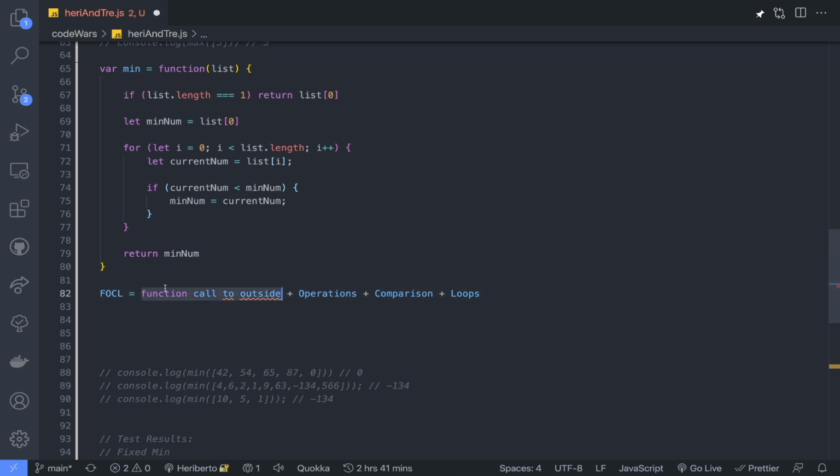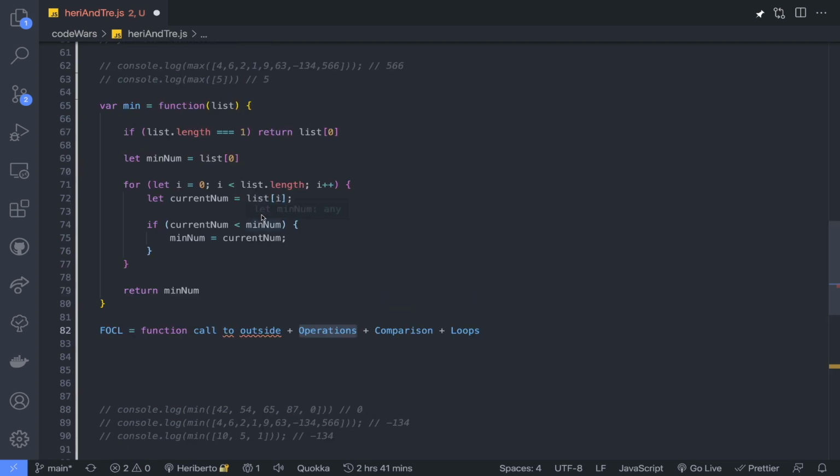But just moving on real quick, because this part is still kind of new to me, there are no function calls to outside, so I'll move on. The operations part, kind of a mathematical thing, like adding or appending things, I don't see that. At least that's how I understood it. Comparisons, I don't see how that would slow anything down in this case. I'm still trying to understand that too when it comes to time complexity. If you have any thoughts,